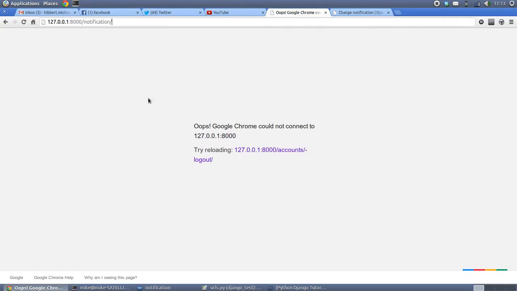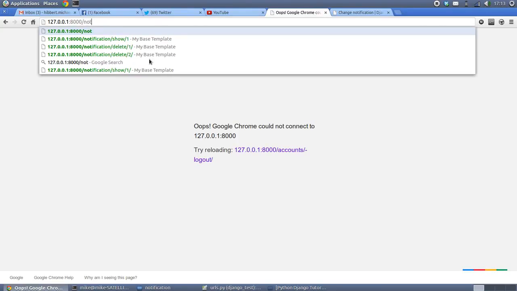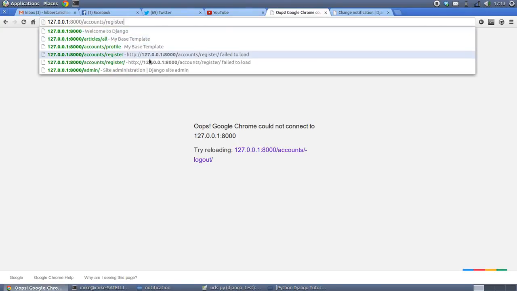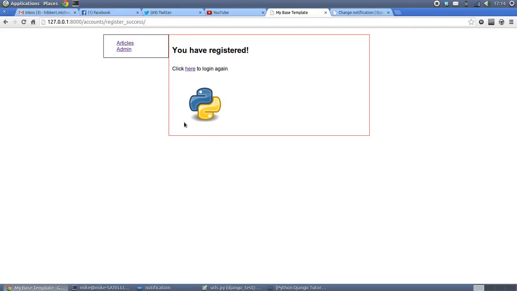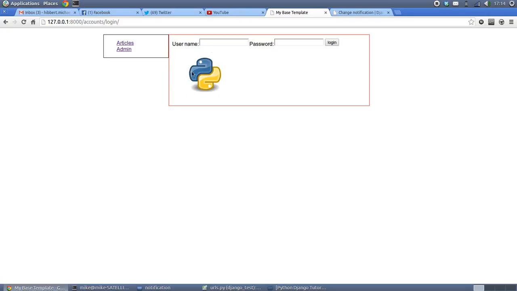Okay, so what we'll do first of all is we will register a new user, and I'm going to call him new user 4. Email me at name.com, password let me in. That's an industry standard, by the way. So then we register, and it says you have been registered. Click here to log in again. So user 4, wasn't it? Password let me in,